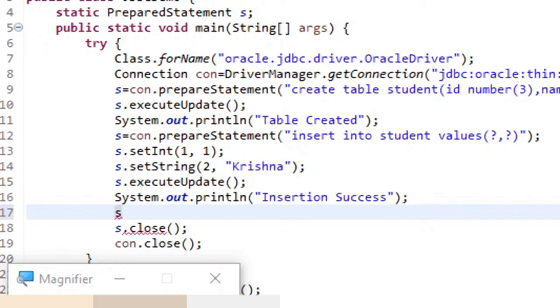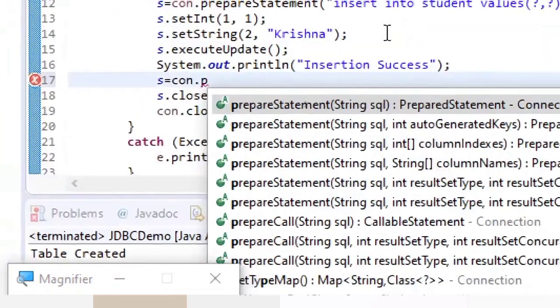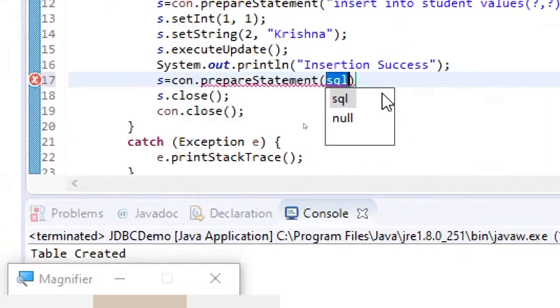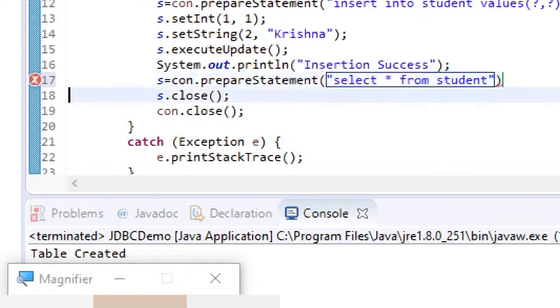So S equal to con dot, again prepareStatement, sorry, and here I am going to write select star from student, which is my table name,